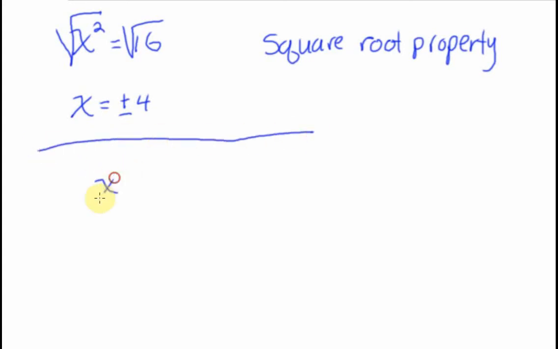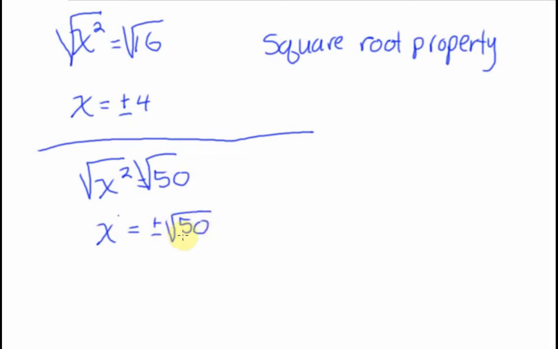We can go with something that's not a perfect square root. Now you would not have been able to factor this one if you subtracted over, so this is awesome that we can gain this. So x equals positive or negative square root of 50. Now we do have to ask ourselves, 50 is not a perfect square, but can we simplify 50? The answer is yeah, we can, because there is a perfect square that divides evenly into 50. That'd be 25. So I could rewrite 50 as 25 times 2,